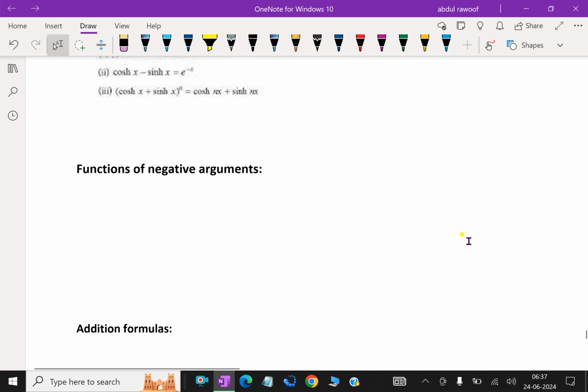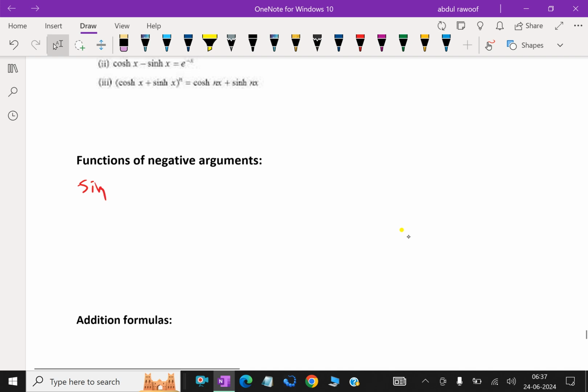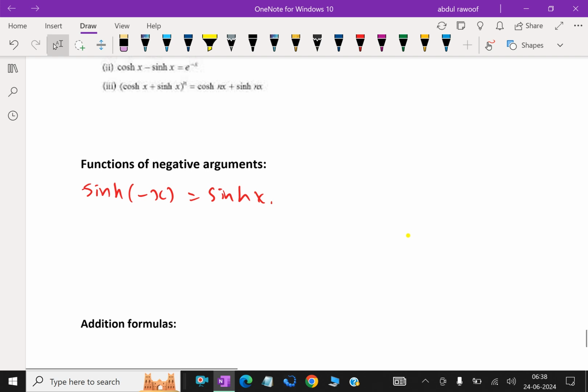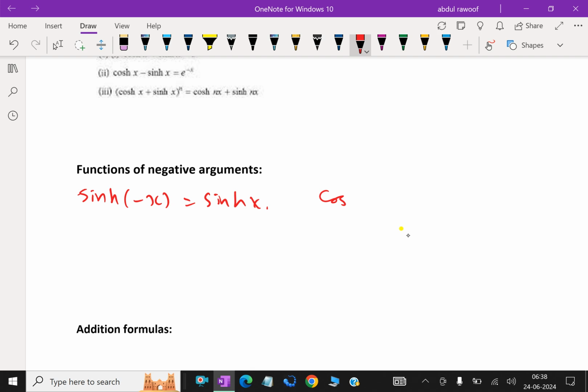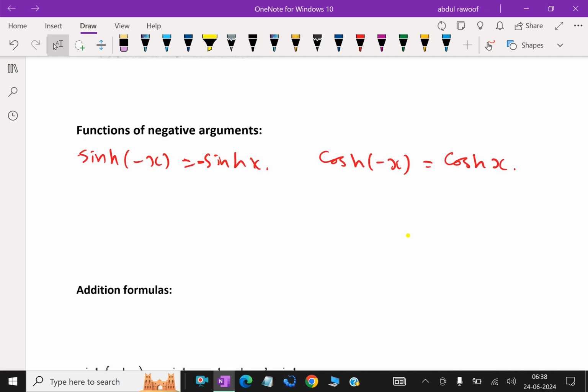Functions of negative arguments. Here, sinh of minus x equals minus sinh x. Cosh of minus x equals cosh x. Sinh of minus x is minus sinh x. From this, we can get